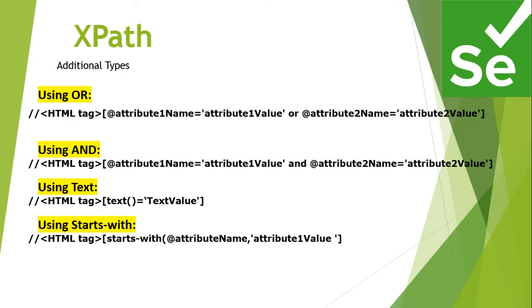In the third method, sometimes the attribute values are not good enough to use in your XPath. Like there are some spaces in them, or the values are not unique, they are repeated again and again. So we'll not be able to use a unique attribute value for the element. In that case, instead of an attribute value, we can use the visible text of the element. For example, for a submit button, we can use the text written on the button, submit. So like that we can use the text value to create your own XPath. That is using text.